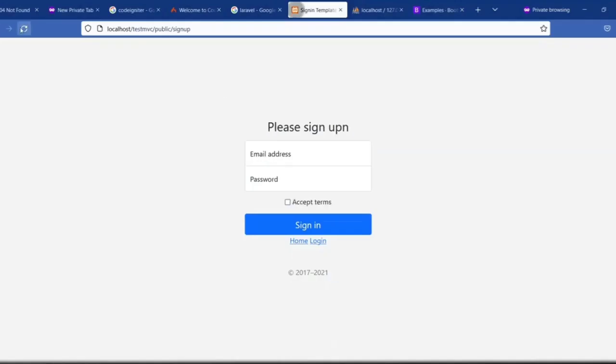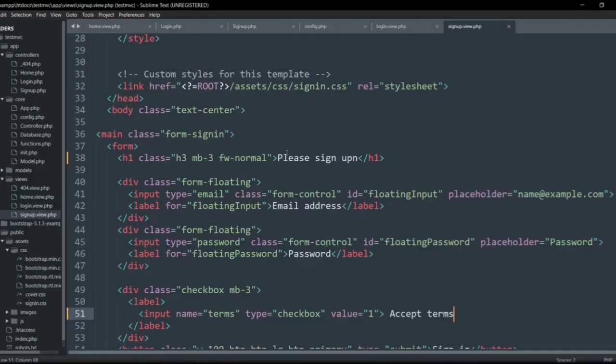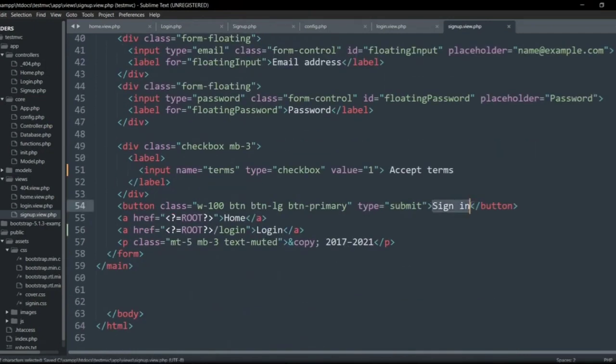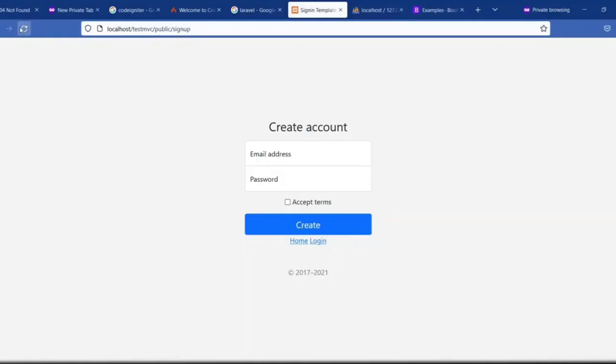Let's come back, refresh. Oh, what have I done? Let me just say create account like this. Okay. Create. All right, that's much better. So there's email address and password. So I can create an account and accept terms here like that. Okay. So now